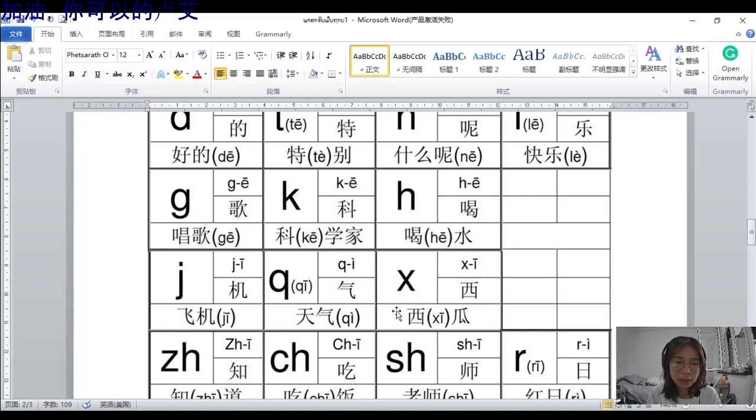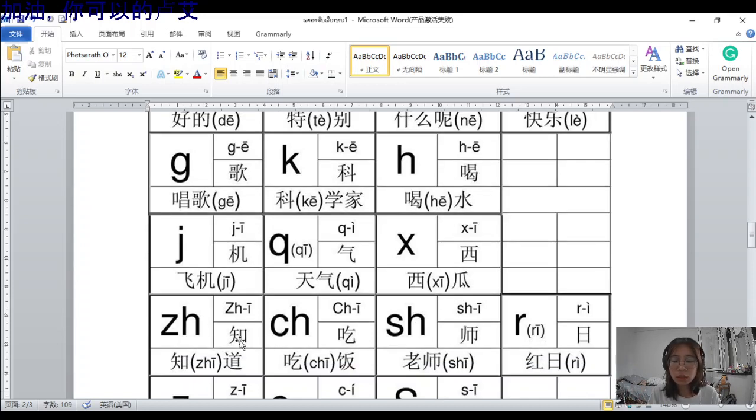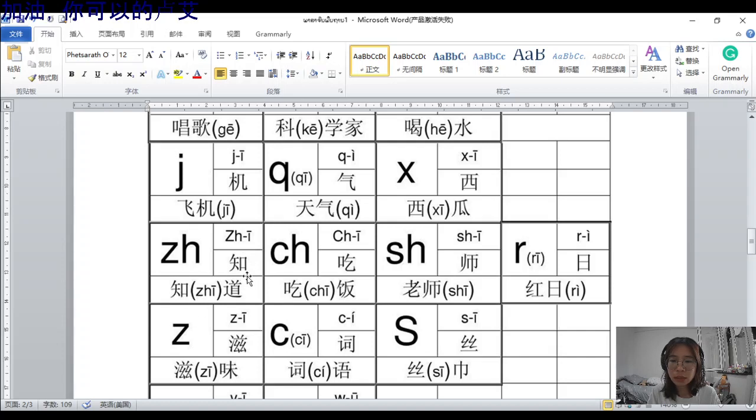And this one is 西, okay. We read 西瓜, which means the name of a fruit. Yeah. And 知, this one reads 知, and this word is 知道, which means know. K-N-O-W is know, that know. And 吃, this one reads 吃饭, which means eating. This one is called 师, 老师 means teacher, me teacher, is called 老师, okay. 日, this one is called